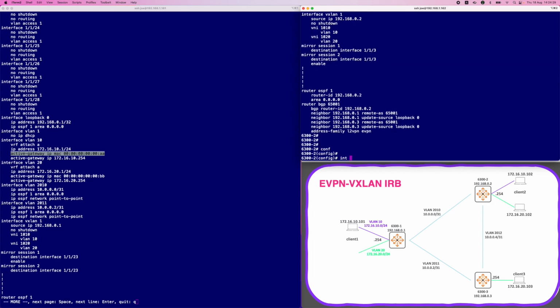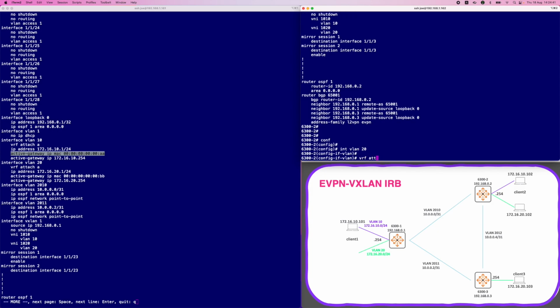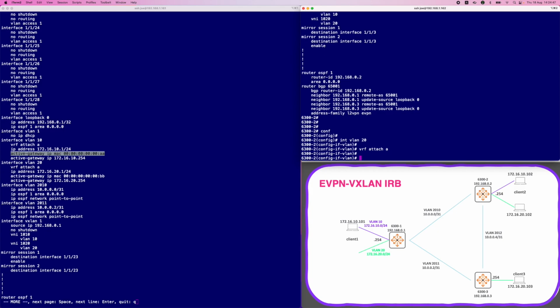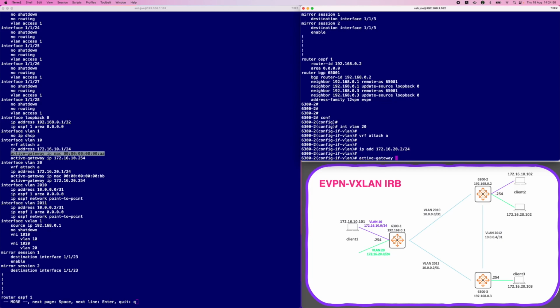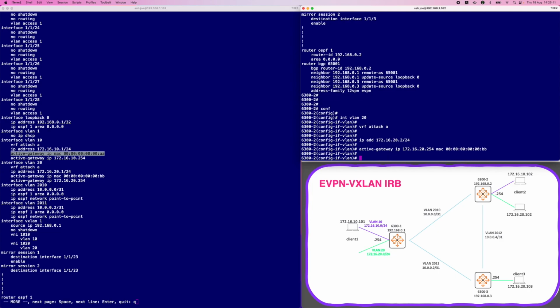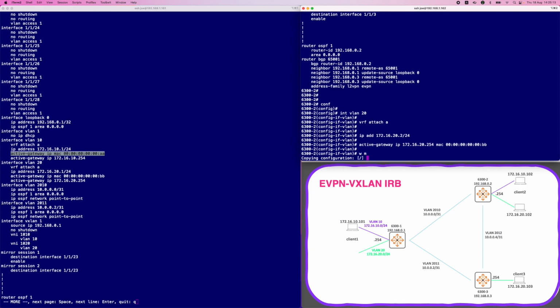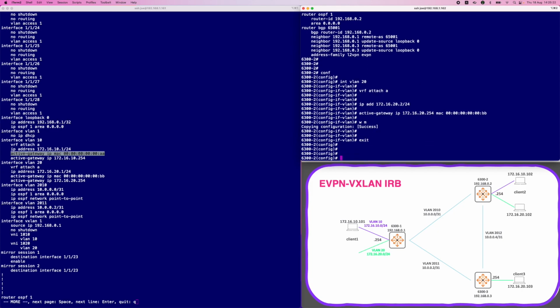And conf is in VLAN 20, VRF attach A, 172.16.20.2/24, active gateway 172.16.20.254, and the MAC is 1, 2, 3, 4, 5. Okay, save that. And finally,